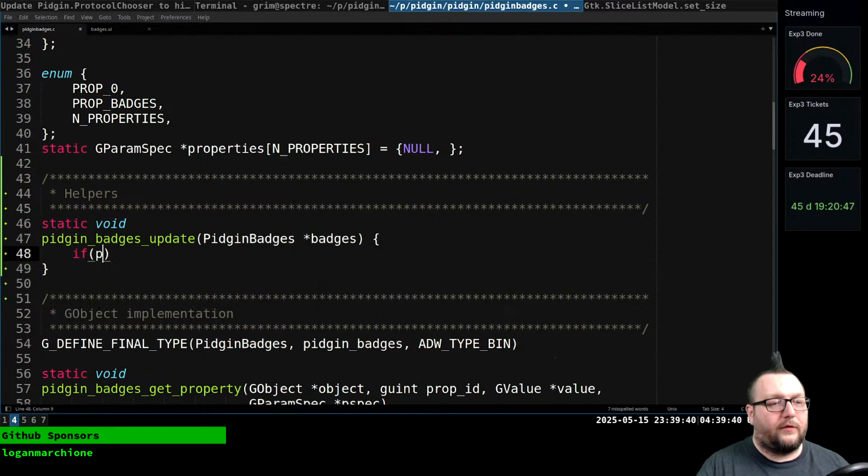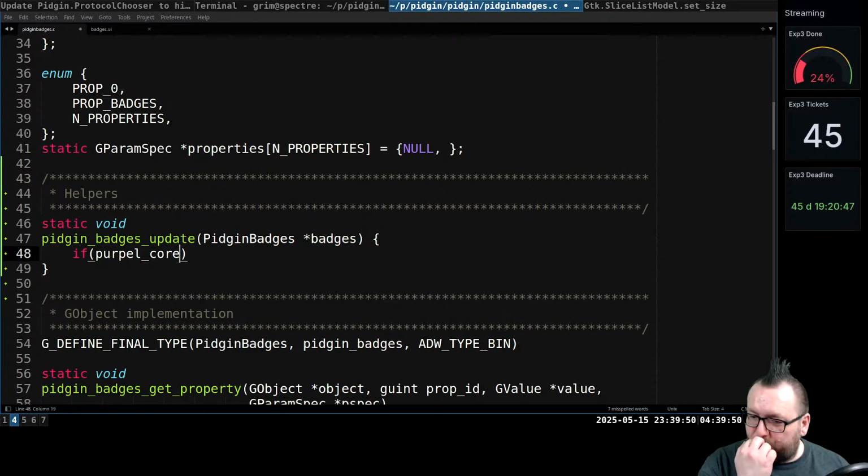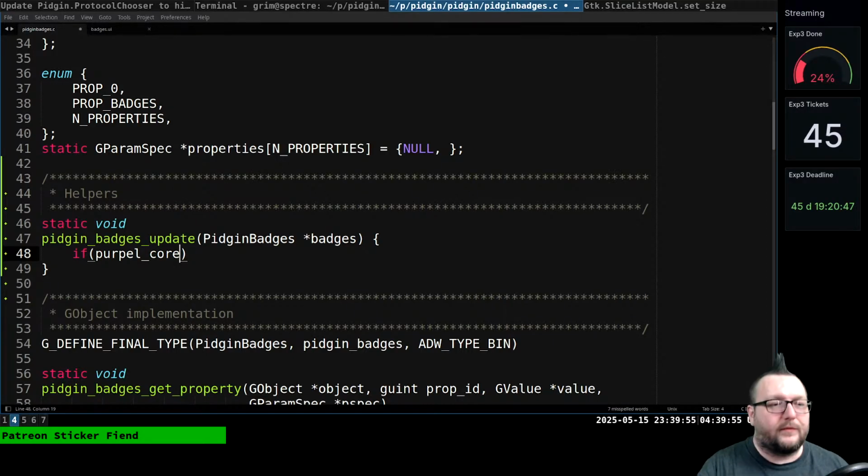All right, if purple core. So let's do this first. So we need to say